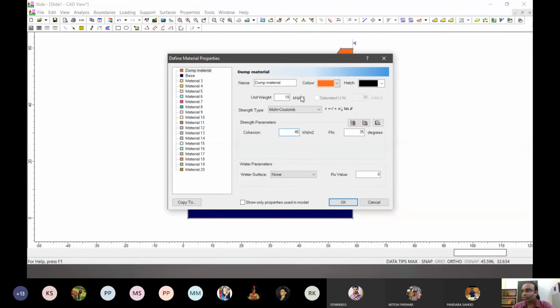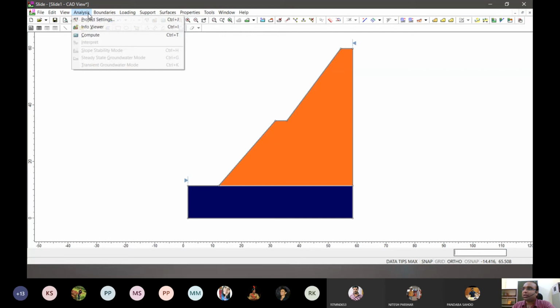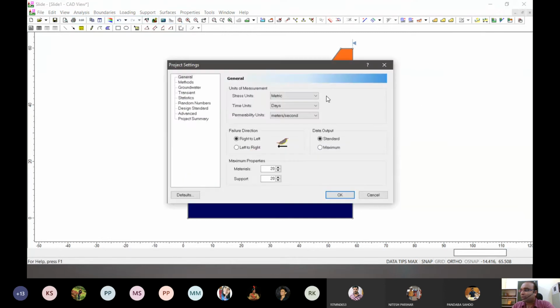So maybe around, I'm still seeing if I want to do the same analysis for just this one material, I may have to do something like 30 or 40 more models. And on the basis of that, I will get data from each of them, and maybe I'll plot it in Excel or something like that, right? In place of doing that whole tedious job that we did that time because we were not aware, now this can be done by a very good tool that is available in this.